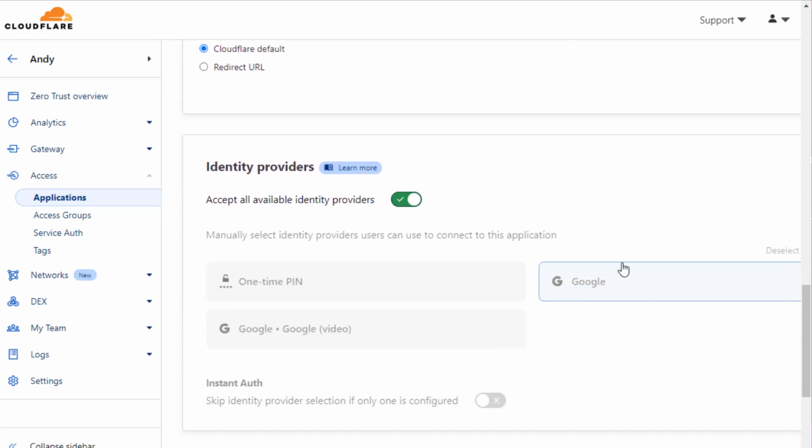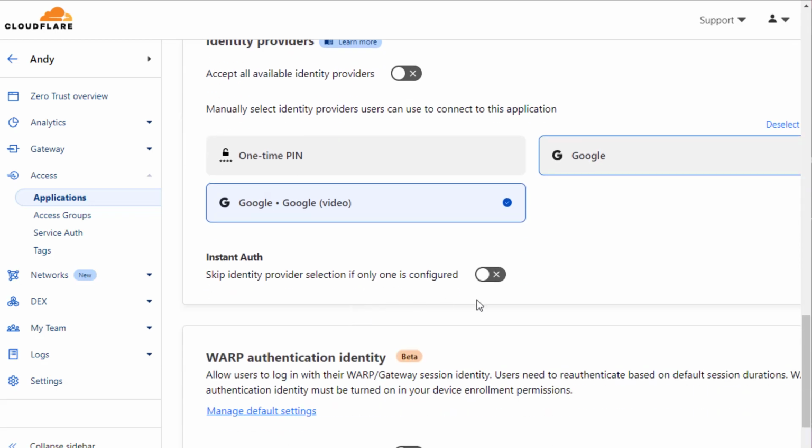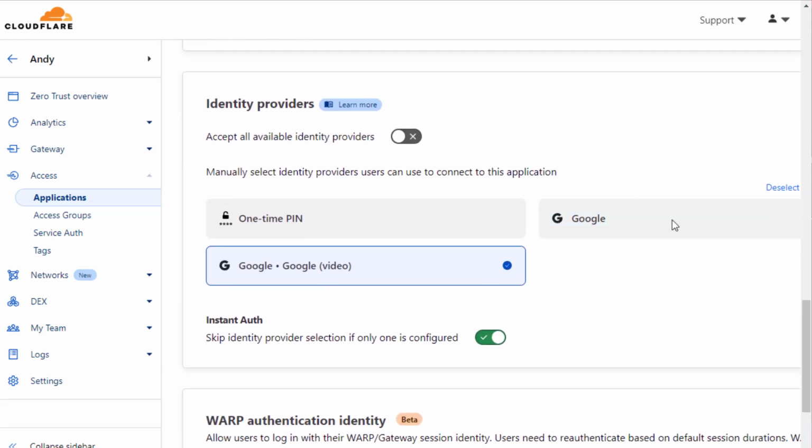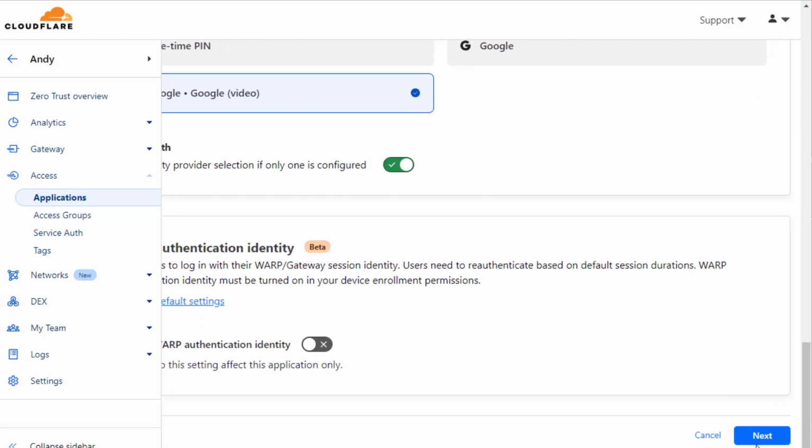And then you need to select some identity provider. So I'm going to untick accept all, and I'm just going to select my Google authentication that I just set up, and I'm going to turn on instant auth as well. So if you only have one identity provider selected, then it won't ask the user which one they would like to use. It will just immediately forward them straight to the login for that provider. So I'm going to hit next,